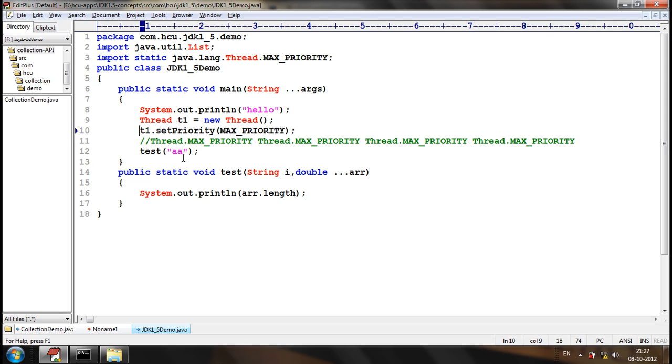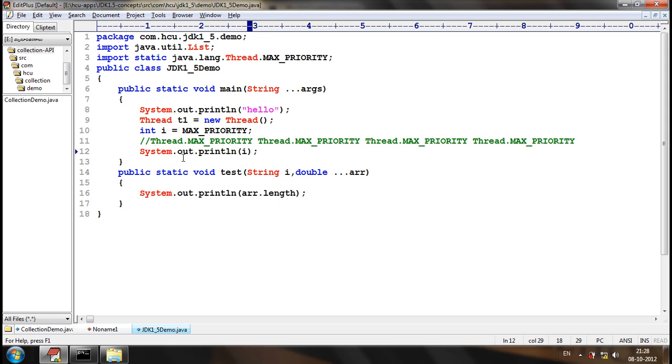Let's consider that. Okay. Now if you print the value, then what is the value printed?